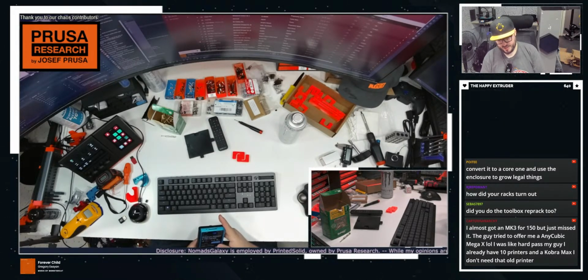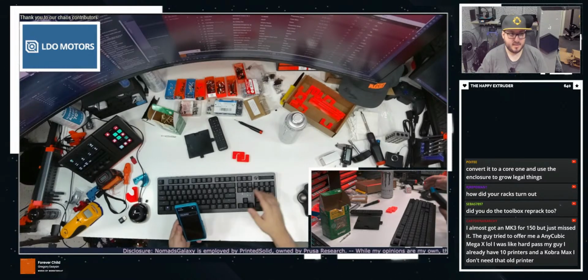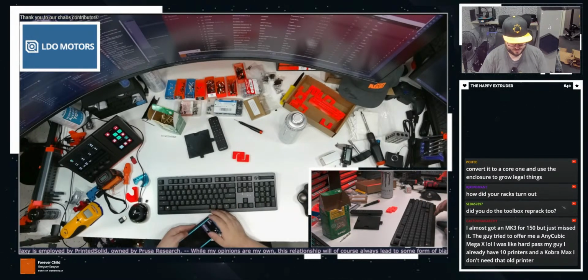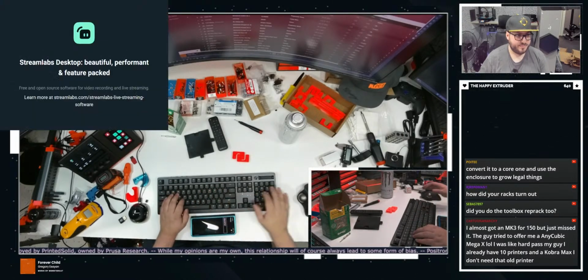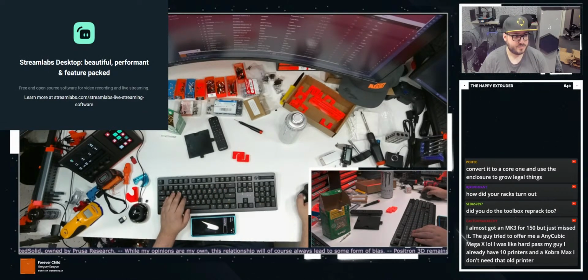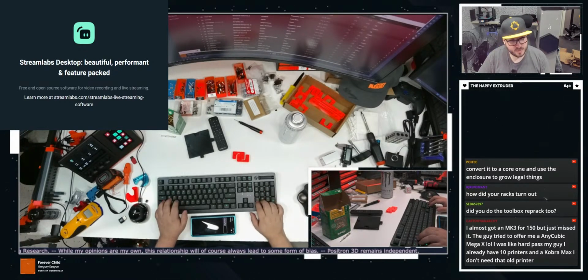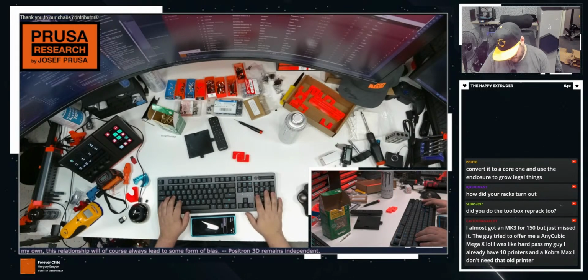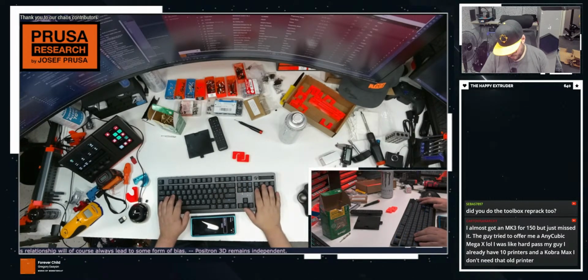There we go. Droid Cam, webcam. All right, and then let's see. Add source. Browser. Add new source. Droid Cam. And then 192.168.0.14.4747.